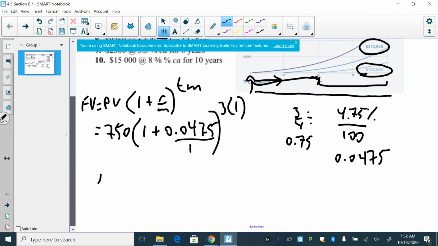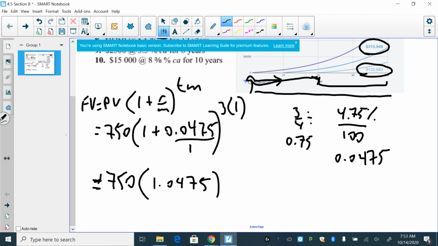Okay, so I work out the brackets first. So work out the inside of the brackets. So 1 plus 0.0475 divided by 1 is just 1.0475. And then 3 times 1 is 3. And then I just follow BEDMAS. So do the exponent: 1.0475 to the exponent of 3. And then I'm going to multiply that by 750. So I get